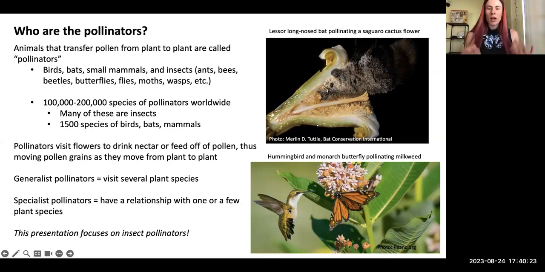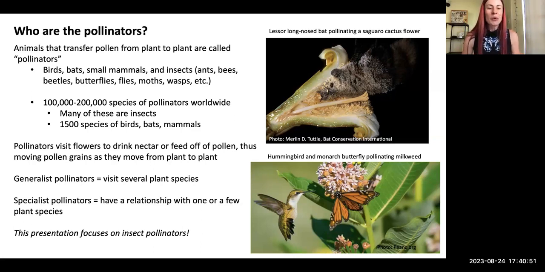So what these pollinators are getting out of this relationship of pollinating the plants is they get nectar and/or pollen to eat. When they're in there collecting pollen, they're moving it around and transferring it from plant to plant. And there are different types of these pollinators. We have generalist pollinators and specialist